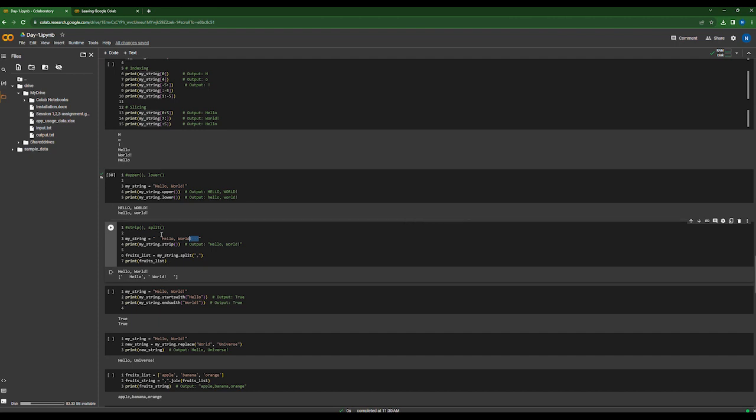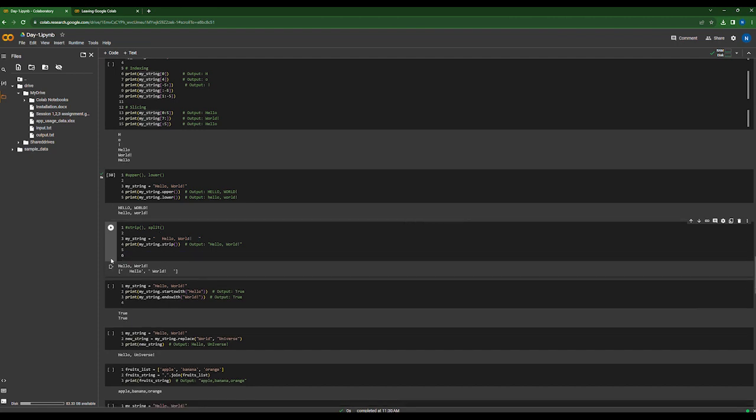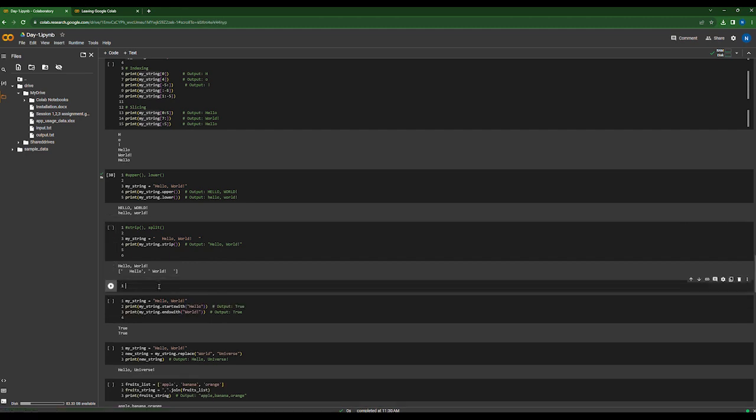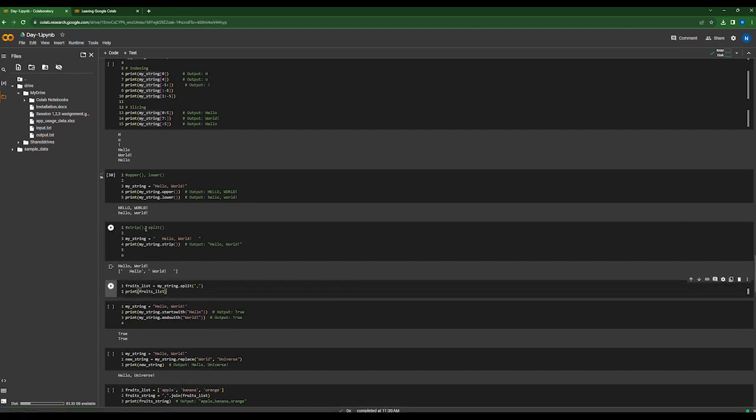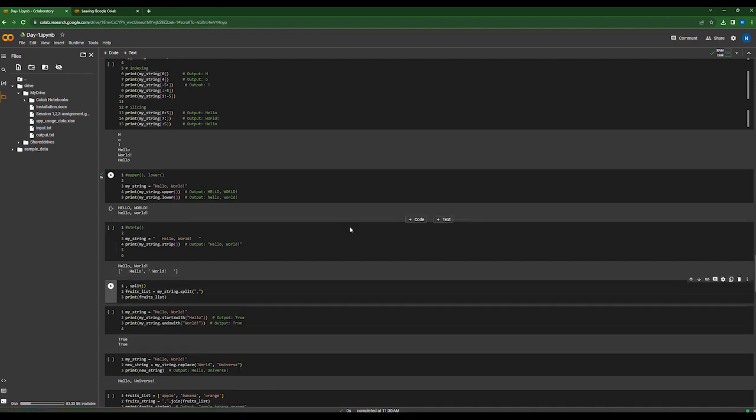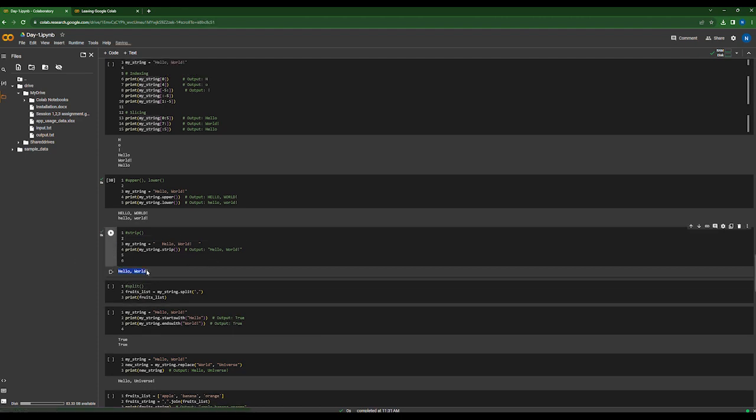So see, there is no space, but if we put more spaces, again it will remove all spaces. Or if we put spaces in between, it will show this space. It will remove only the first and last white spaces. Okay, so it won't remove